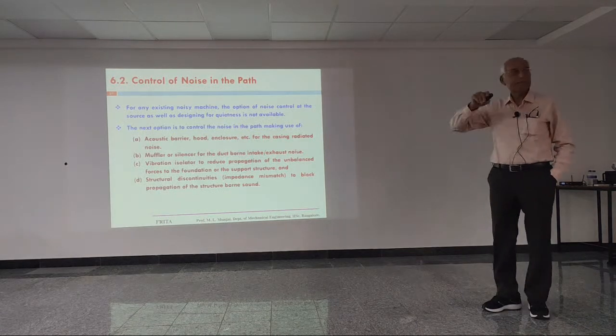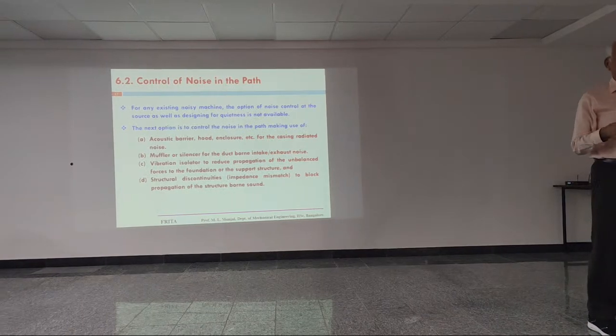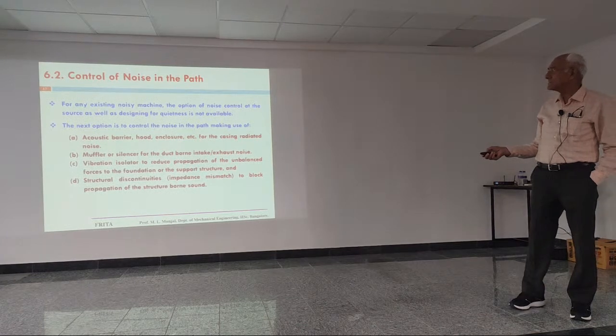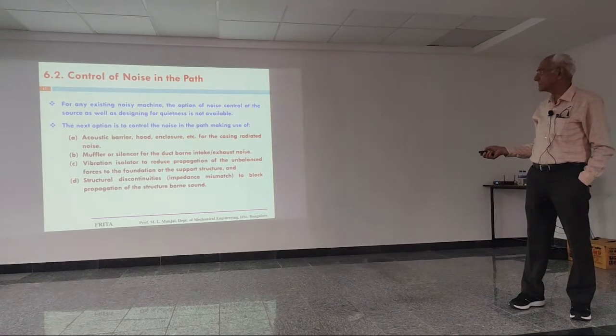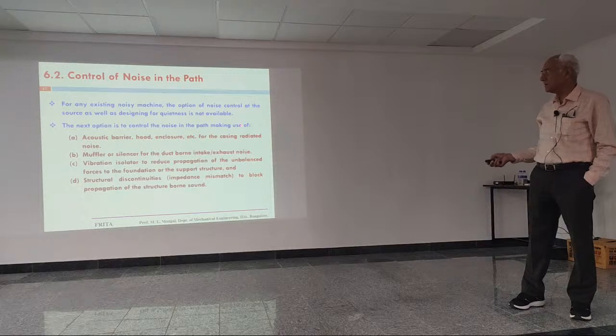Now, this is all about control of noise at the source. Next is control in the path. For any existing noisy machine, the option of noise control at the source as well as designing a bypass is not available. The next option is to control the noise in the path, making use of acoustic barriers, hoods, enclosures,